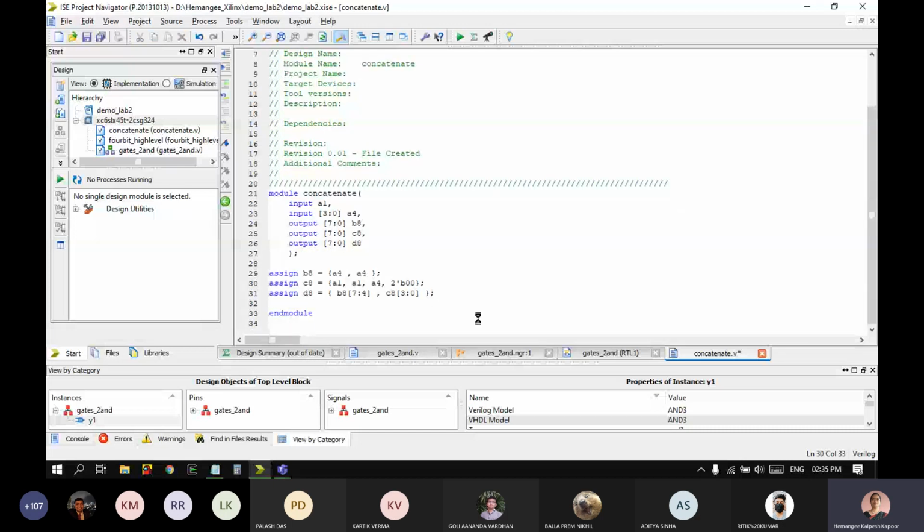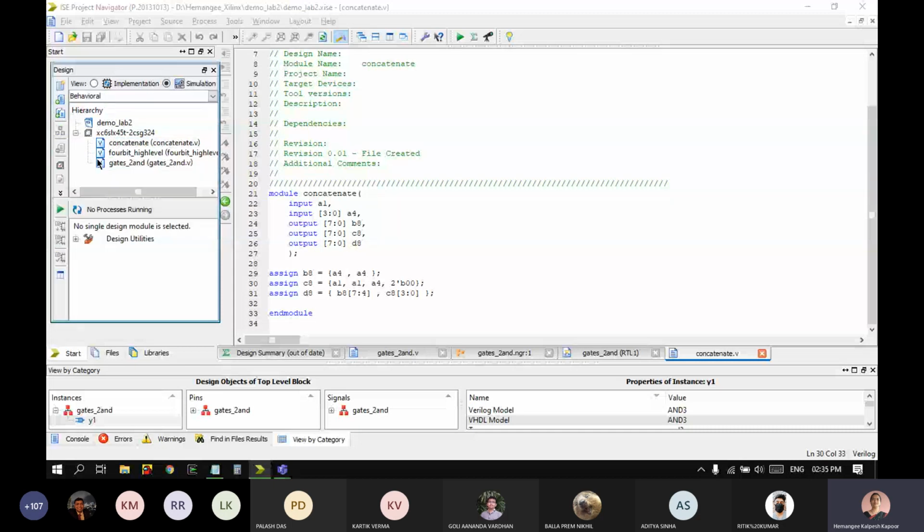We will save it, and of course there's no need to synthesize here. The main feature is on simulation, so I will go in the simulation part. This one, simulation, click on concatenate, open the iSim simulator, and then check behavioral syntax, and then simulate the behavioral model.